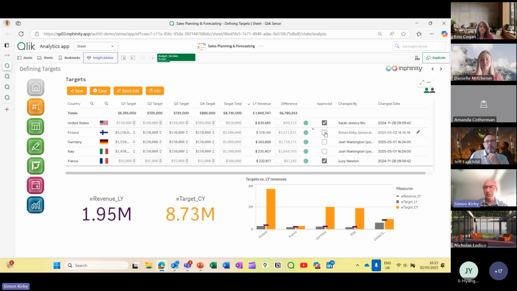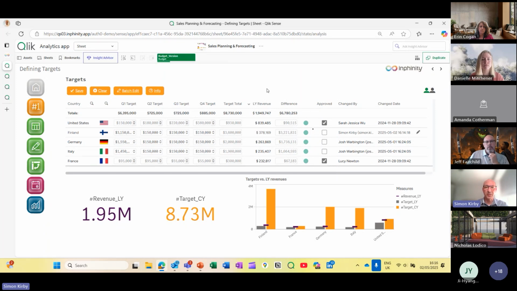And the way you could do this, you could actually make it so that when an approver logs in, they won't even see that column. An approver will come in and they will see that column. A person that enters the data would not see that column, right? You can hide things if you don't want people to see them. Okay, so that's something that you can do as well.